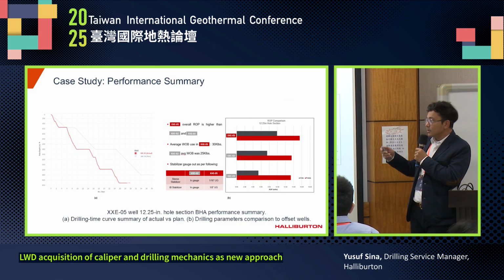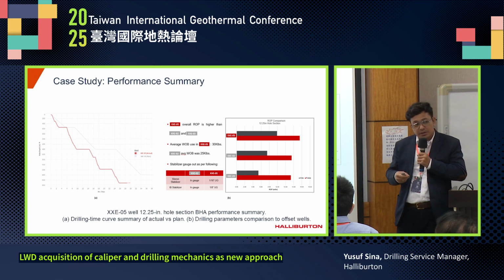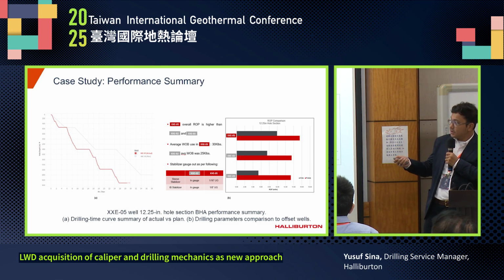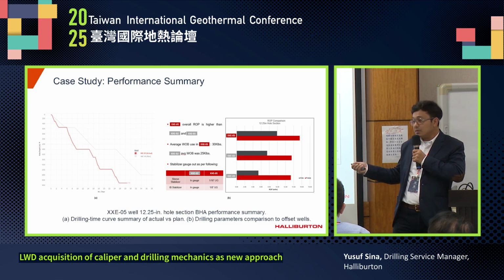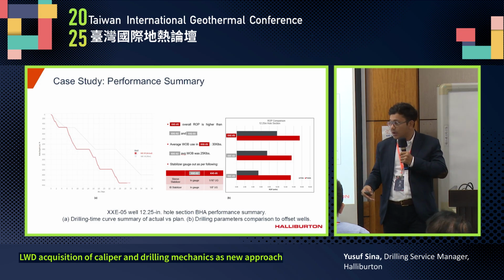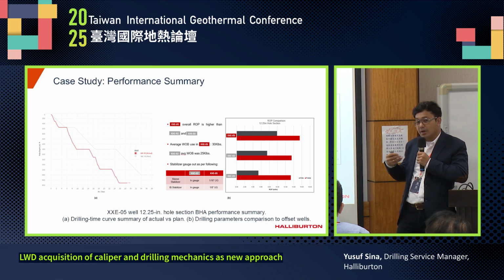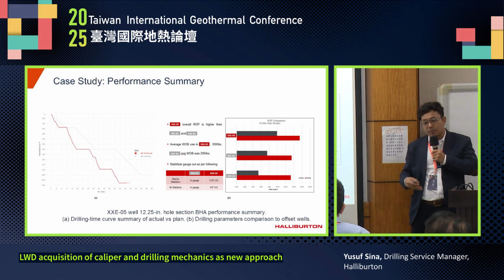Okay, so the result is, after we see the vibrational responses compared to the drilling parameters, we can optimize the drilling parameters. For example, this XXE05 reached a higher ROP compared to the offset wells, XXE02 and XXE03. Why is that? Because we are confident to put more weight on bit. In the offset wells, we played around 20-25 kilopounds because of the vibration and so on. But here, after seeing the response, we are confident to put up to 30, right? So that's why we can optimize the drilling parameters and get more ROP. That's part of the improvement because of these